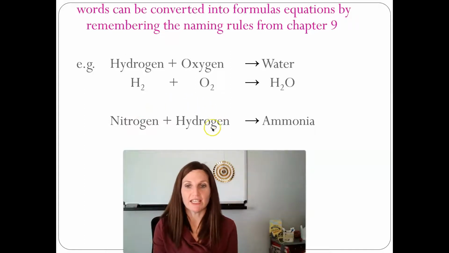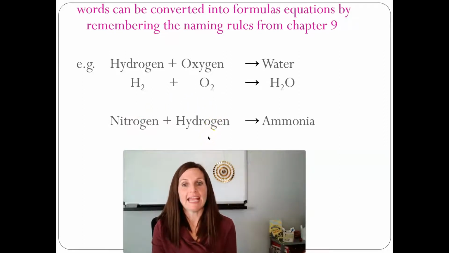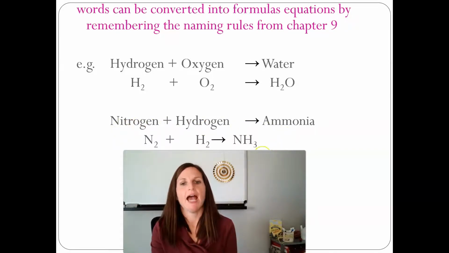And for hydrogen, we would write that as H2. And the formula for ammonia, you may not know it off the top of your head, and that's okay. I don't expect you to. The formula for ammonia is NH3. So we have taken the word equation, hydrogen plus nitrogen yields ammonia, and we have composed a formula equation, N2